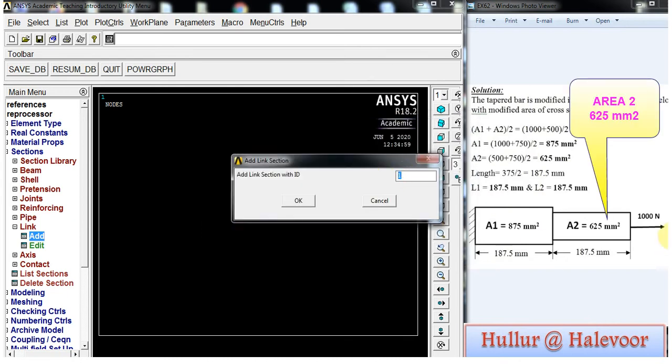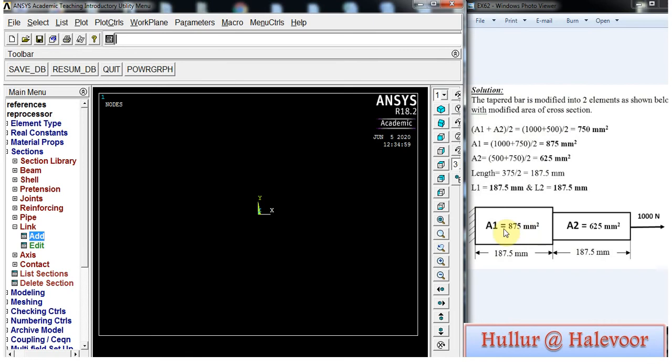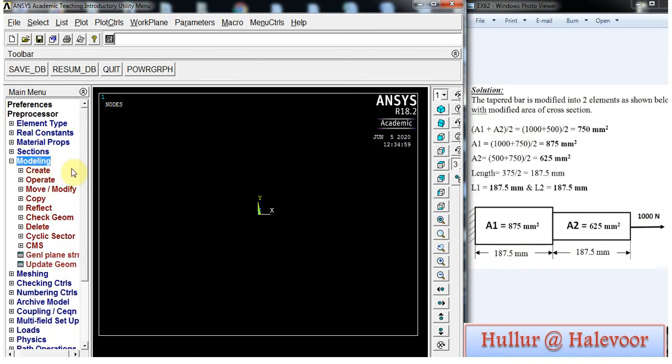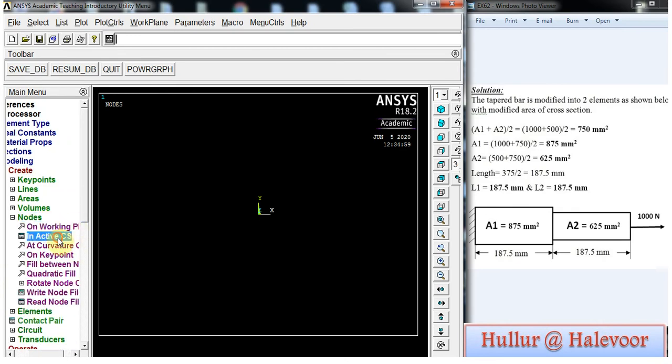Then link ID 2 for the second cross section, click OK. This is A2 area 2 and the area is 625 mm square, then click OK. Now we have created two cross sections. Minimize the sections, go for modeling, create nodes in active CS.